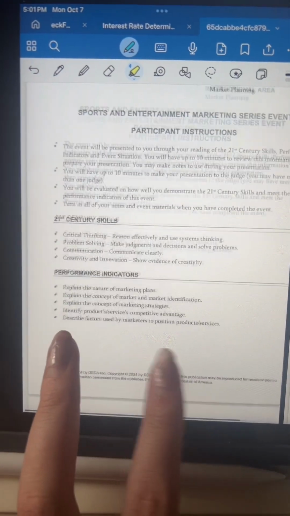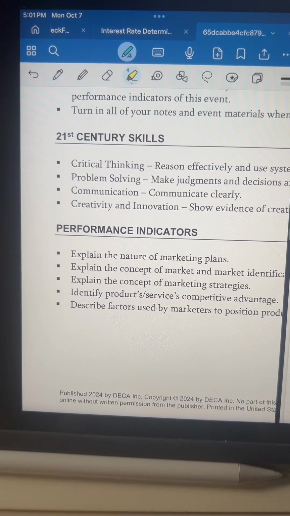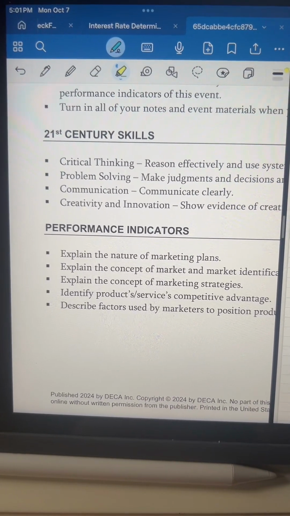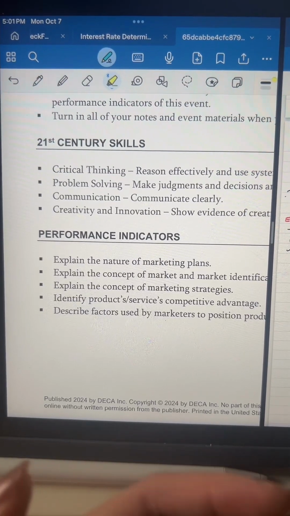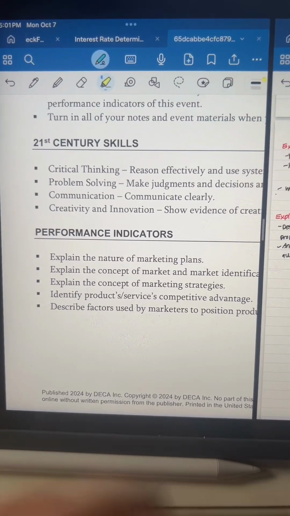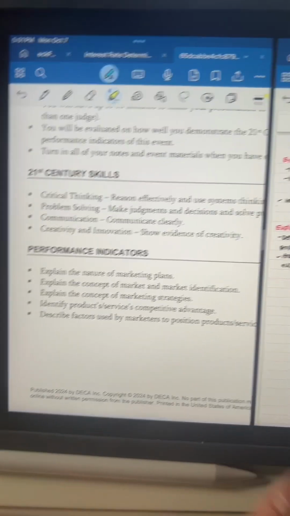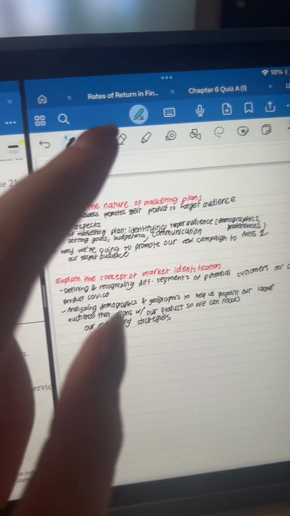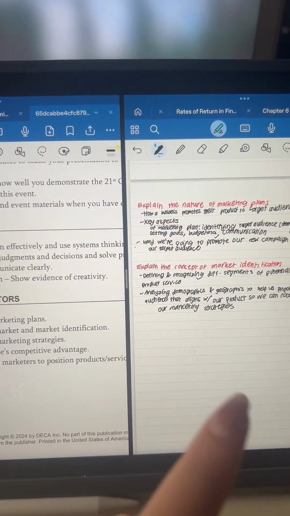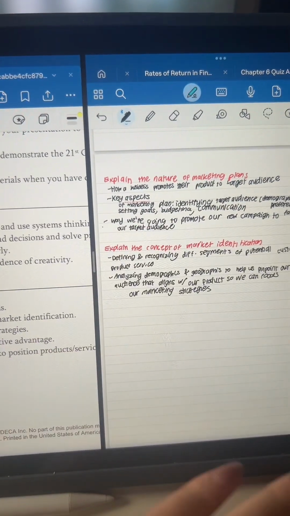So the first thing that I like to do is go to my performance indicators. These are questions that I must address when I'm doing my role play because the judge are going to be looking for your answers to them, and they're really going to test your knowledge on your cluster. So what I like to do is look at my performance indicators, take a piece of scrap paper, and list them out on the page with a little bit of space in between each one. Now I already took some notes in advance, so ignore the black notes.